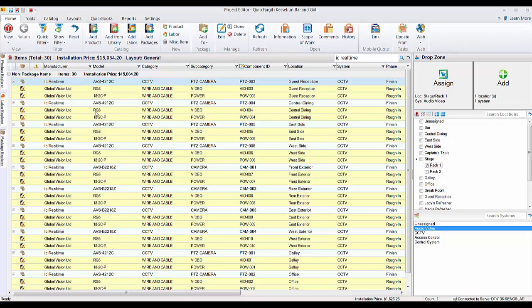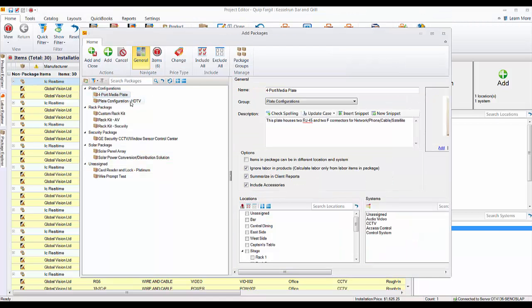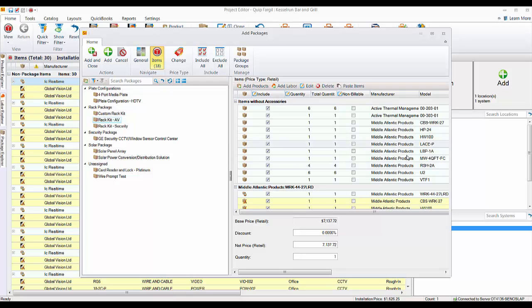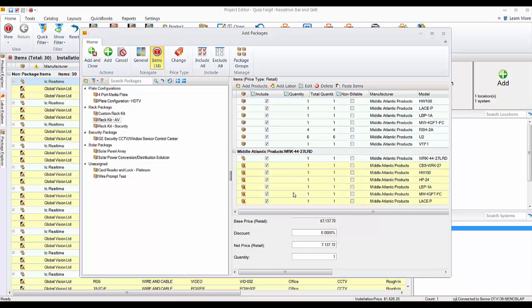The first one we'll look at will be in the add packages dialog. When you click this button here, it'll bring up your list of packages, and let's go to this one here and go to the items tab. This has to do with being able to change the quantity of accessories. You used to not be able to do that. You could only change the quantity of the parent item. So in this case, let's say I wanted to put in 2 of these racks. What happened here is you see an editable quantity column here, and it now applies to accessories, and the